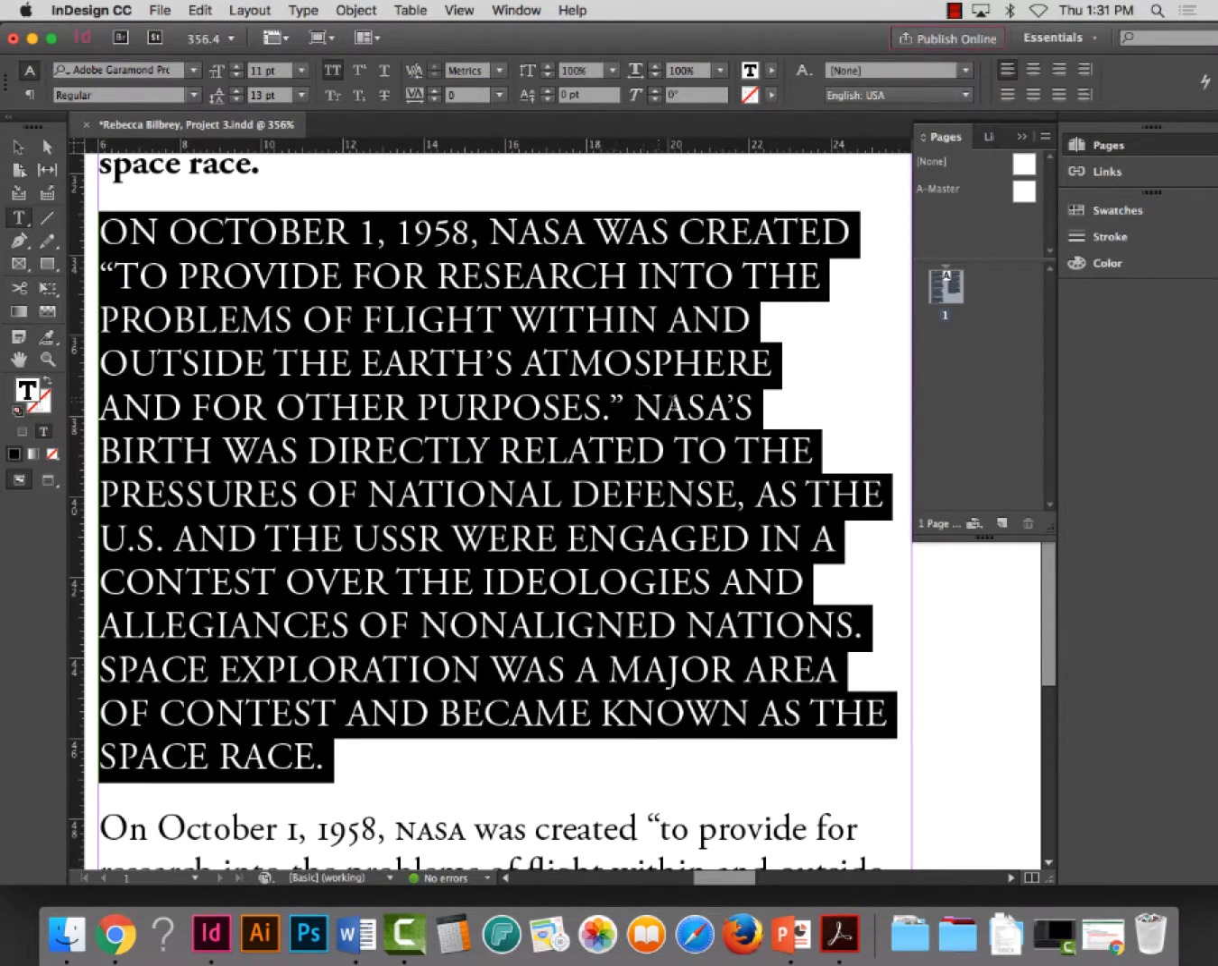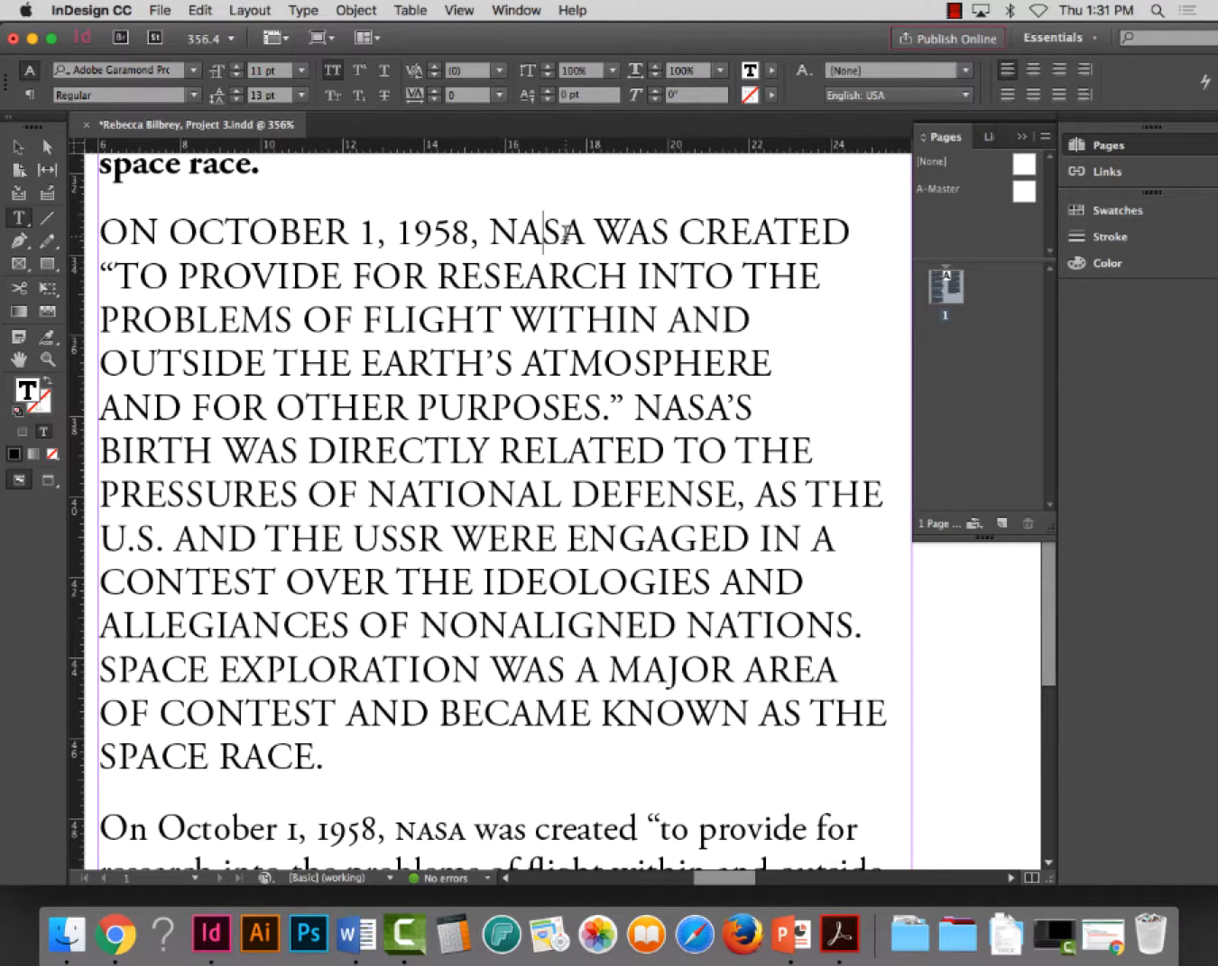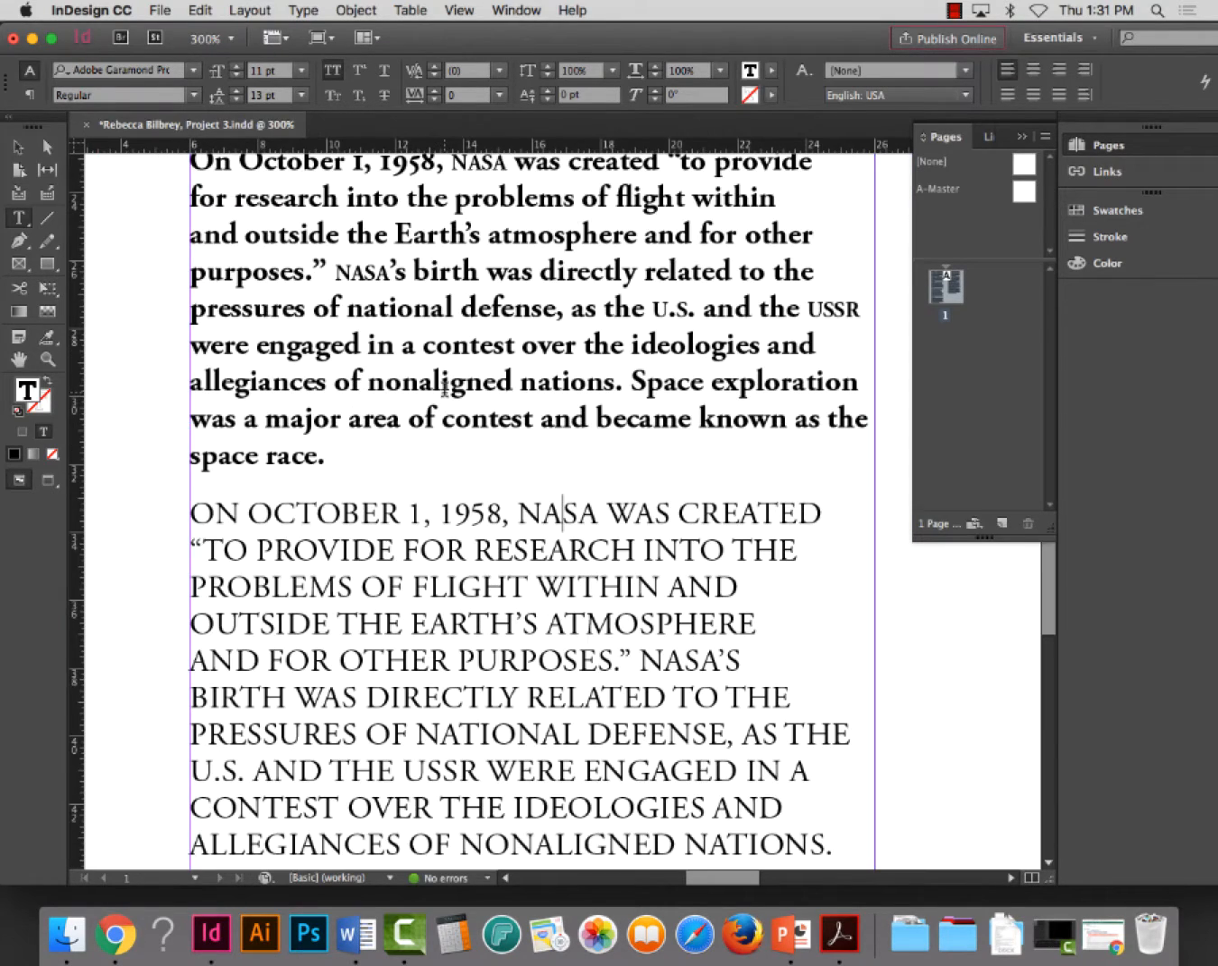And the cool thing about all caps is it overrides a small cap. So NASA is all caps. It didn't stay small. So that was an easy thing. We don't have to go back and fix that. Thank goodness. And then the last paragraph at the bottom,